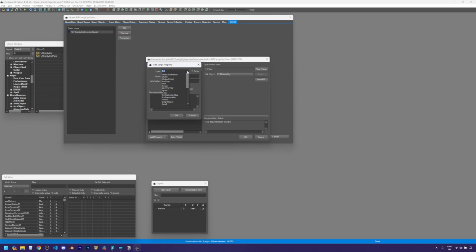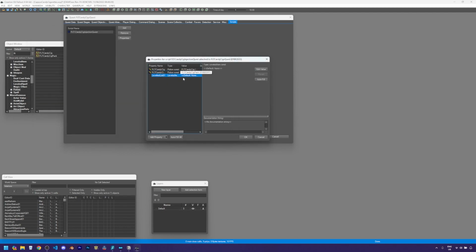I'm going to add the pack as well. So that is FLT Candy Sig pack. OK. And that one's pre-filled as well. And I'm not 100% sure on which list I want this to be added to, so I'm going to choose leveled item, and we'll say leveled list 01,